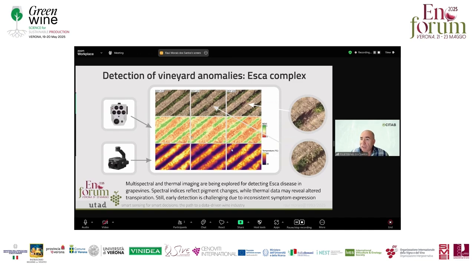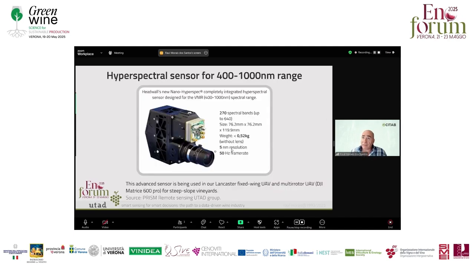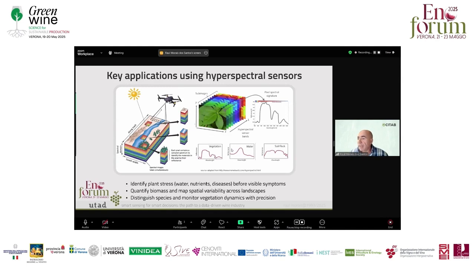Using thermal images and multispectral sensors, we are working also in combining such images for detecting Escherichia disease in grapevines. So this is an example of ongoing work. I'm looking at the clock and I must go faster. This is our hyperspectral sensor, and this kind of hyperspectral sensor can extract signatures, and these spectrum signatures can help us detecting